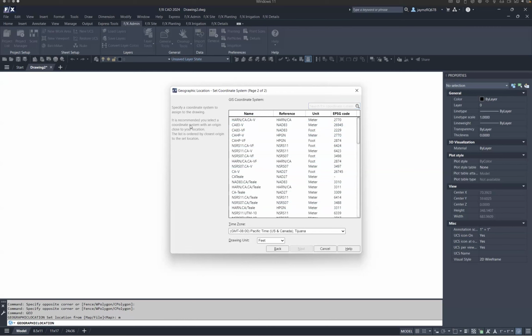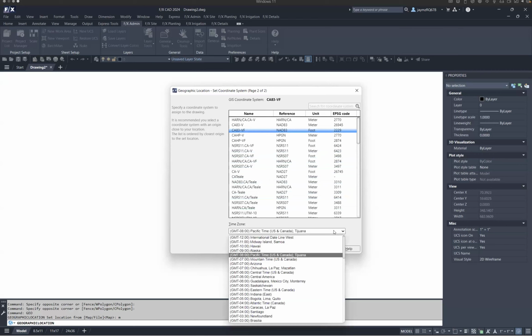And if you look here on the left, these are sorted by order of how close they are to the marker that you dropped. So all you need to do is choose the closest one that matches the units that you're going to be working in. This one's in feet, and I'm going to be working in imperial units today, so I'm going to go ahead and just specify this one.